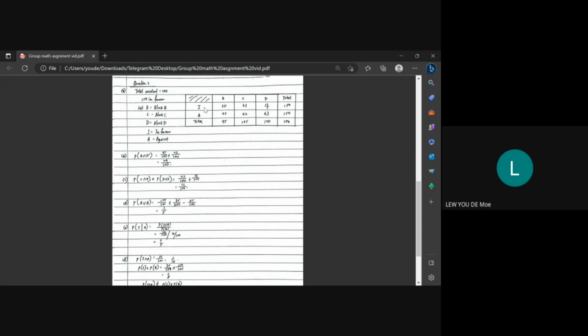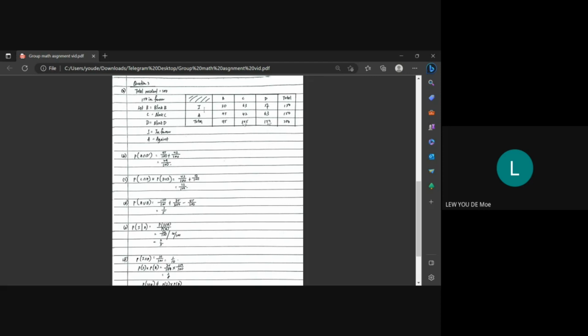So we can construct the table with two rows, which is I and A, and three columns B, C, and D. The first column is for block B, the second column block C, the third column block D. The total residents of block B is 75, and the total residents in block D is 120. In order to find the total number of residents in block C, we have to add up 75 and 120 minus with 300, so we can